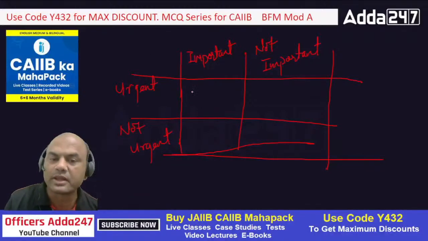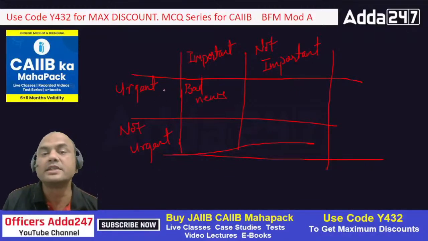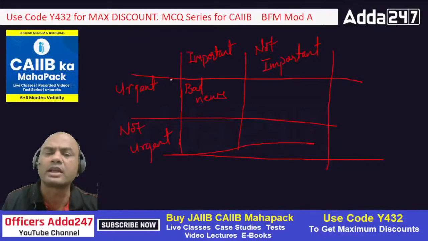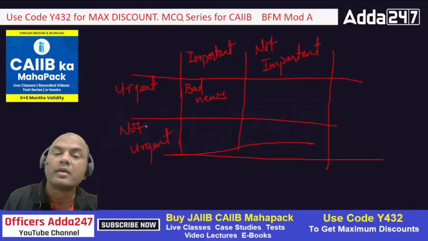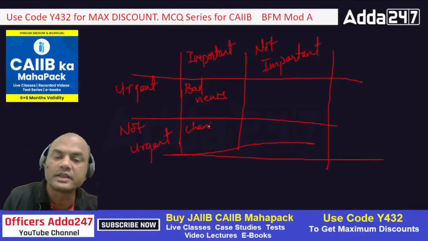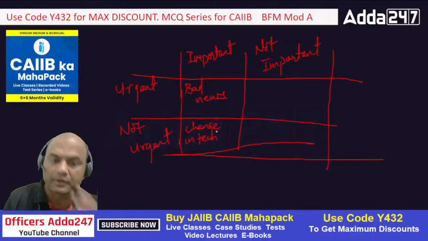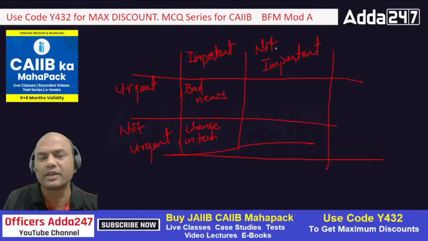and urgent. For example, any newspaper, bad news about yours, okay, bad news and urgent. Change in any software, meaning where the technology is going, okay. So it is important but not urgent. Technology doesn't change immediately, so change in technology, okay. Then urgent and not important. There can be many things in this life which are urgent but not important, like all the gossips and everything,